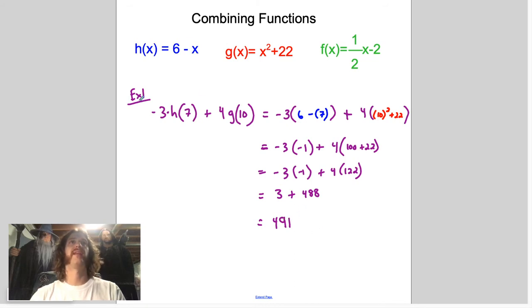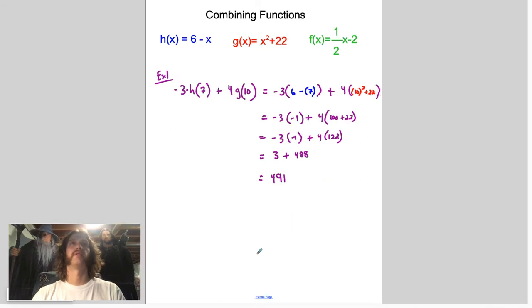Okay, so that's a linear combination of two functions. All right, you're going to do the next one. Try this one on your own. You are going to do 5 times, no, that's awfully mean. Yeah, let's do 5 times h of -4